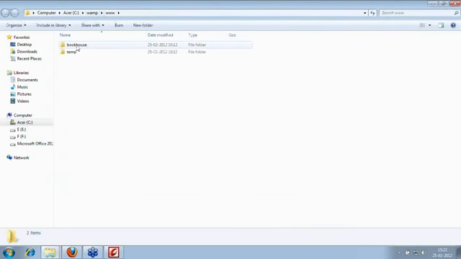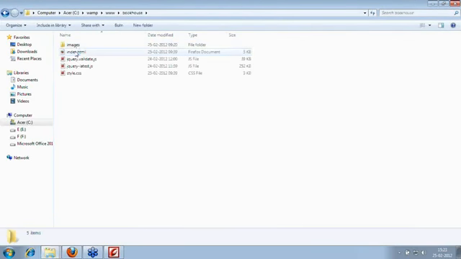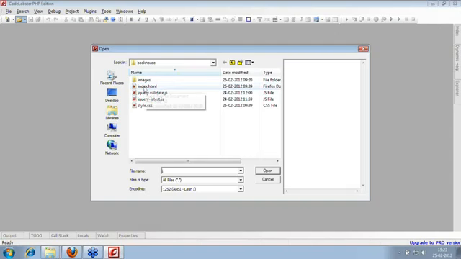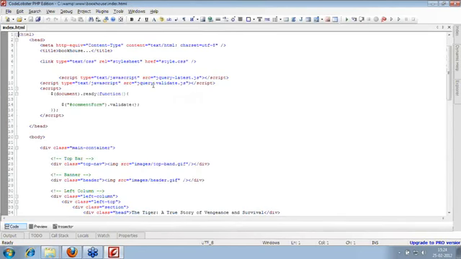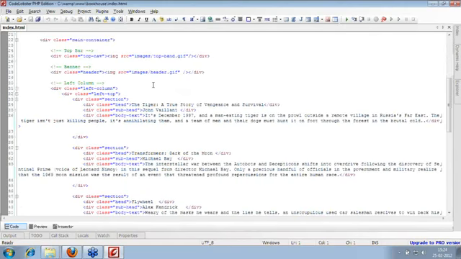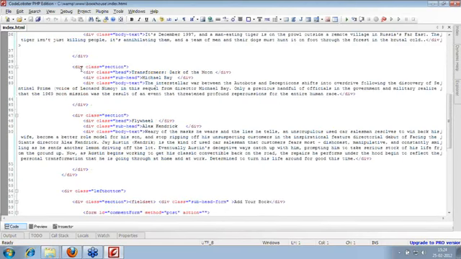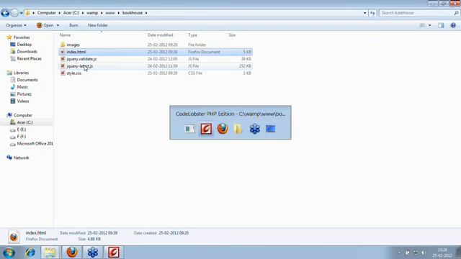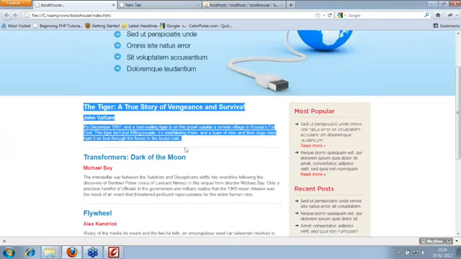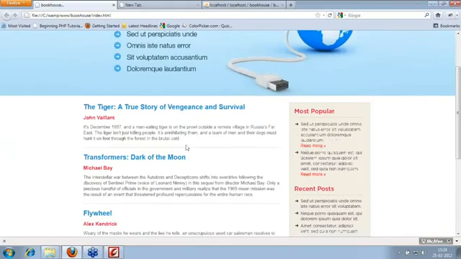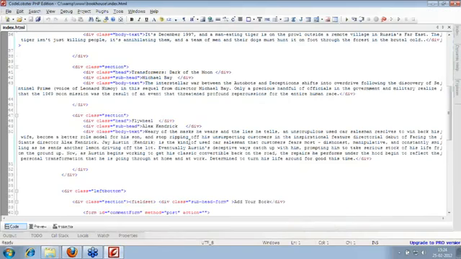Now I have created a folder here, bookhouse, for my application, and in it I have this index file. So I'll just open that index file. This is a plain HTML and JavaScript file which just has some validation and the static code. All the information you see here are static values right now. We'll store this into the database which we have created.